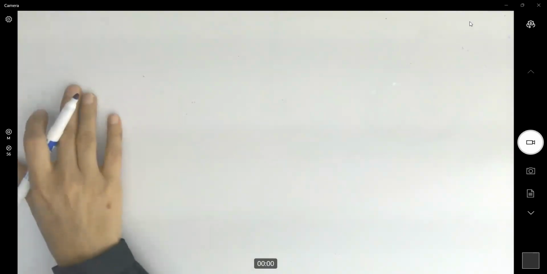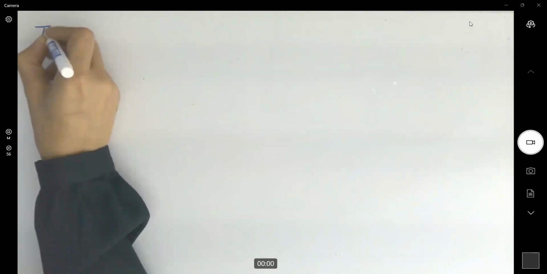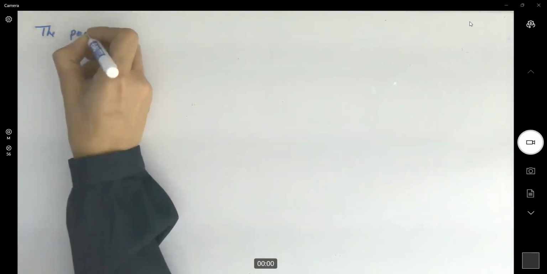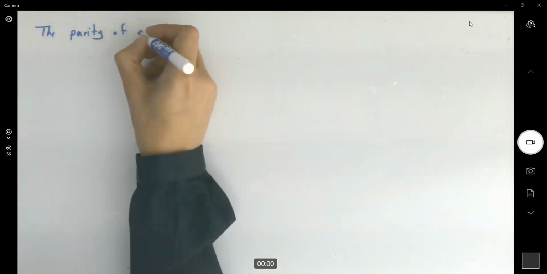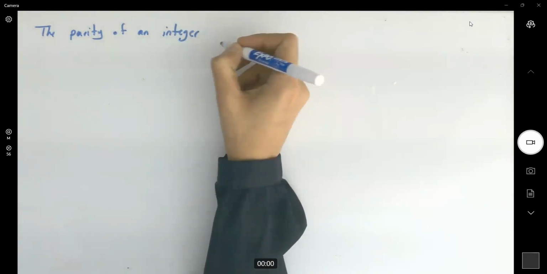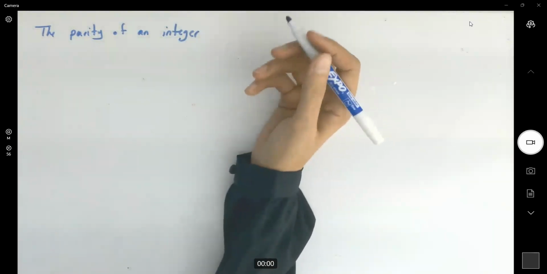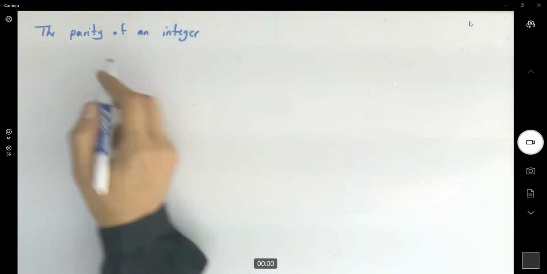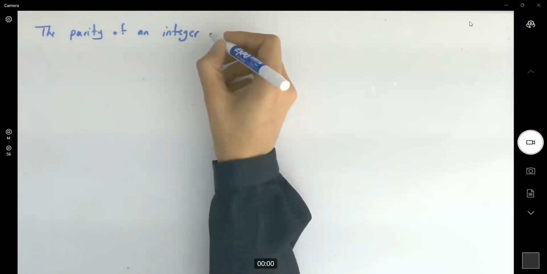Parity property. The parity of an integer is the property that they say that an integer is even or it is odd. That's called the parity property. So the parity of an integer